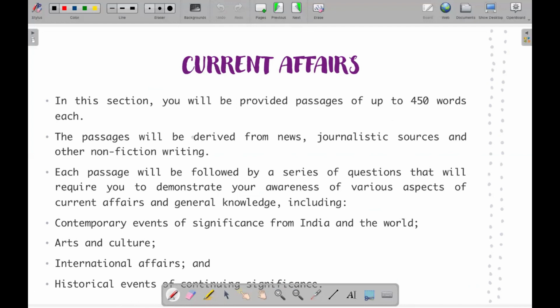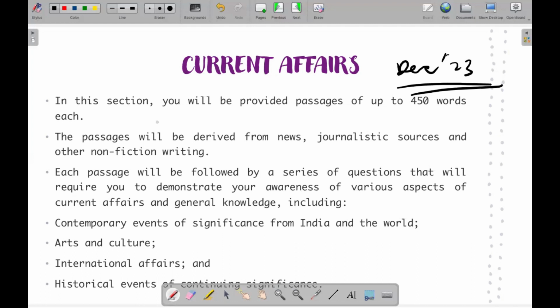But for full disclosure, in the December 2023 CLAT paper, there was a lot of reading required for the current affairs section because it wasn't exactly current affairs. One passage was about Jallianwala Bagh. So people could read the passage, derive the right answer, and answer the questions. Similarly, one passage was about Dr. B.R. Ambedkar and his philosophy. So once again, it wasn't really current, of course. It is more of static GK, and if you read the passage, you will get the answers. So there is no set way of going about it. You have to take that call in that moment.